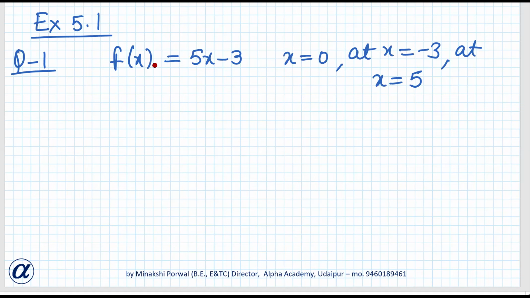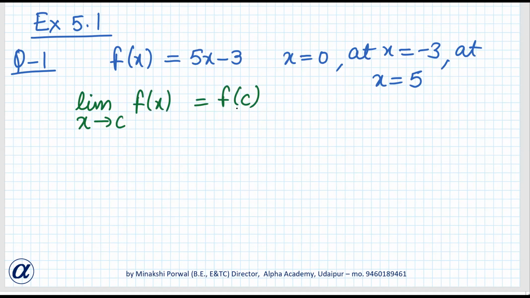You have seen in 10th class that if we plot y equals 5x minus 3, it will form a line. So linear functions and all polynomial functions, of degree 1, 2, 3, are continuous at all points. In continuity, in most cases we will know the answer before proving it. Now to prove that it is continuous, limit x tends to c, f(x) should be equal to f(c).